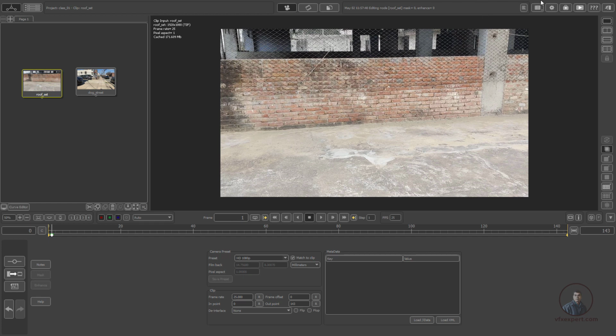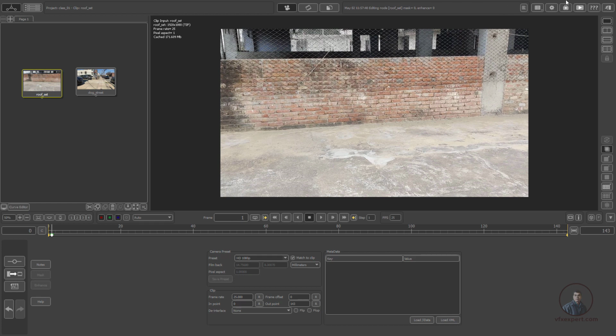In PFTrack you will see there is no title bar here, for maximizing or minimizing your PFTrack. Suppose you want to minimize your PFTrack, you can't, because there are no options for minimizing it. So there is a little bit of a trick here in PFTrack. For this we have to use some options from here, which adjust your PFTrack interface according to your requirements.